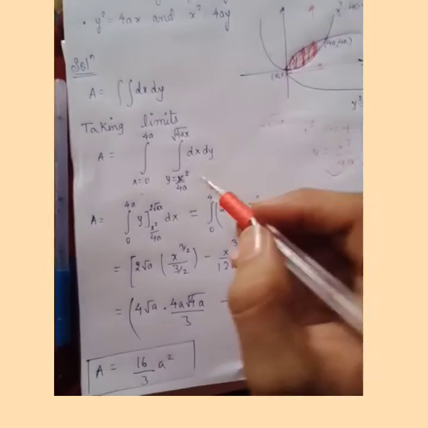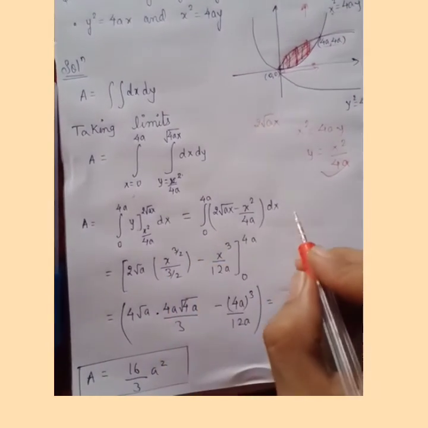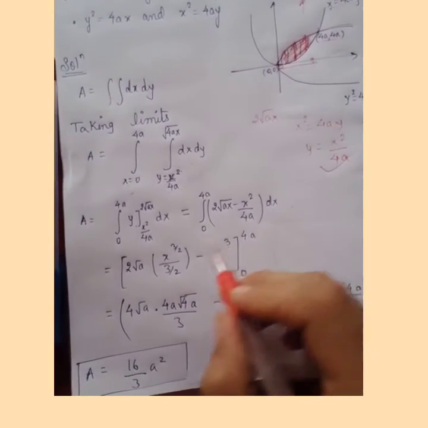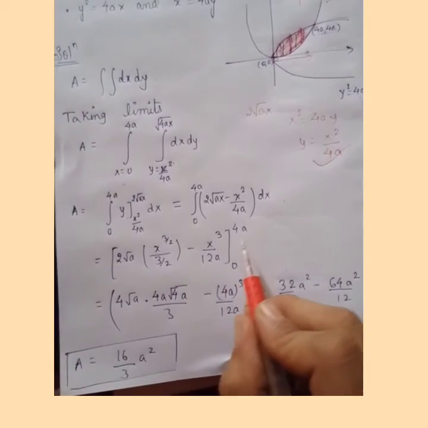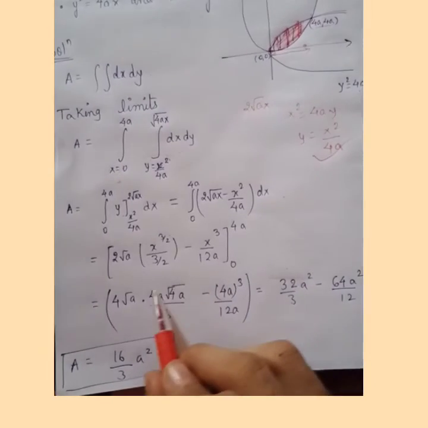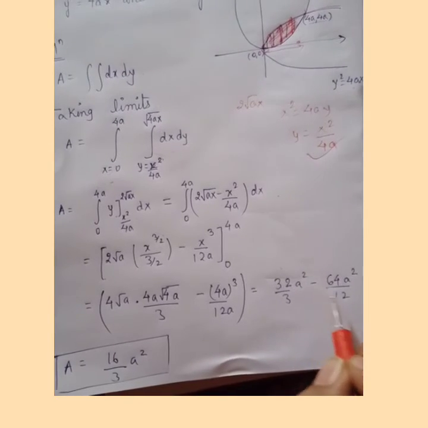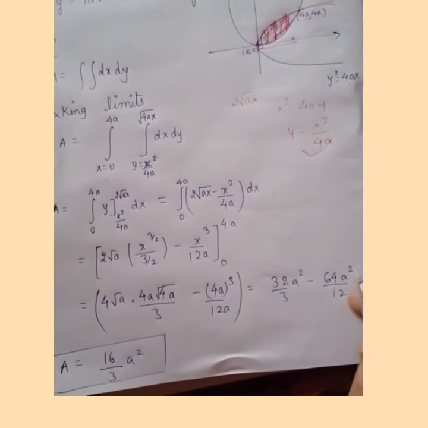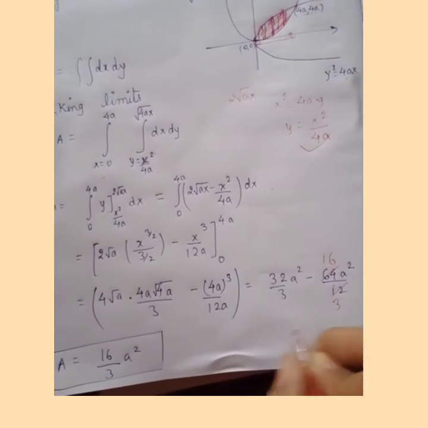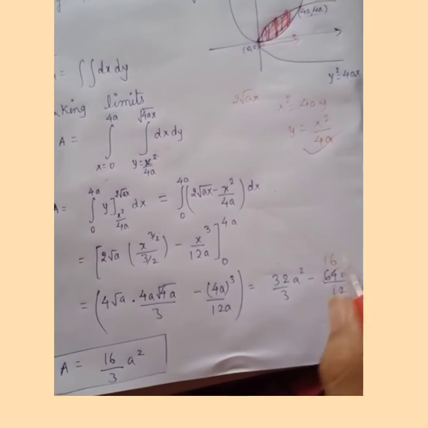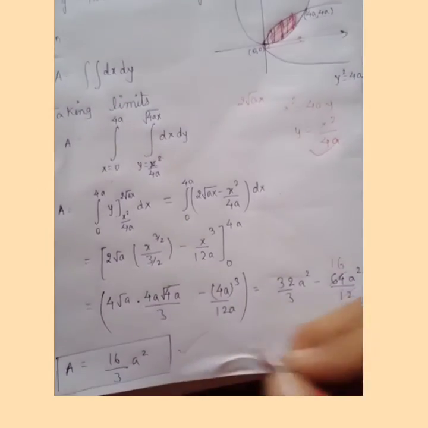Thereafter it's very simple. We'll be integrating with respect to y first. Putting in the upper and lower limit, we will be getting this. Then integrating with respect to x, you will be getting this. Thereafter it's very simple to simplify. Here you can see we are getting 32 by 3a square minus this part. You can again simplify this by 4 16s and 4 3s. So the denominators are equal. We can subtract 32 minus 16, which will come out to 16 by 3a square, which is the usual formula.